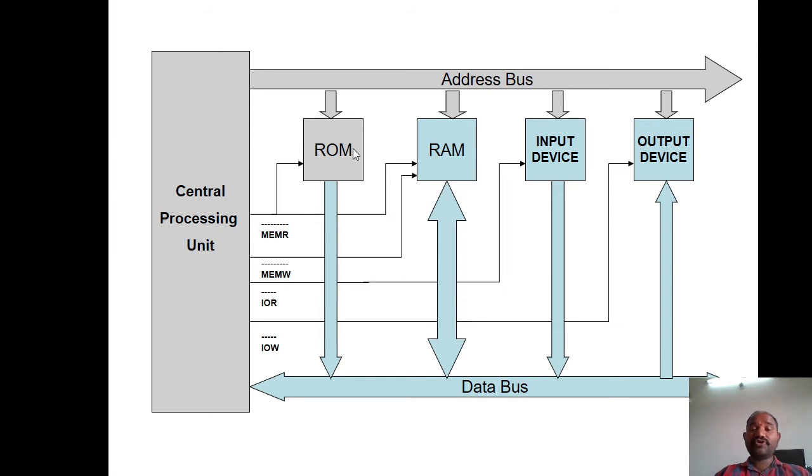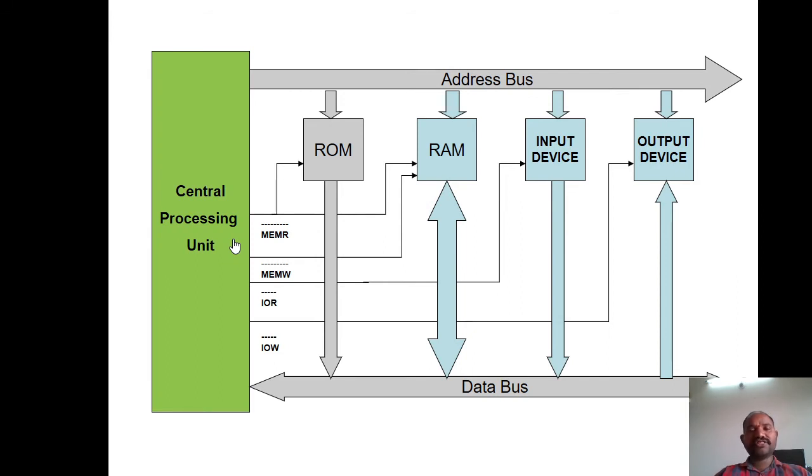Now it is the responsibility of the ROM device. Look, when the microprocessor wants to perform the read operation or write operation, don't think that the microprocessor is going to enter into that particular device and read the data. It is not like that. The microprocessor won't enter into any kind of device and perform the read or write operations. It simply generates the required signals, and it is the responsibility of the corresponding device to place the data from the so and so address available inside it on the data bus. Look at this, in the next case, it places the data on the data bus. Now it is available to the microprocessor. After some period of time, the microprocessor receives the data.